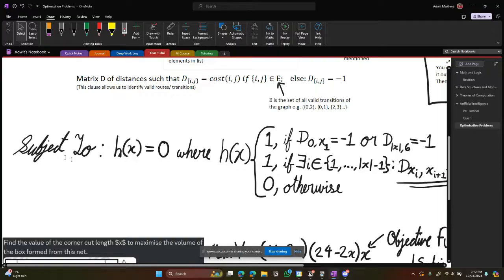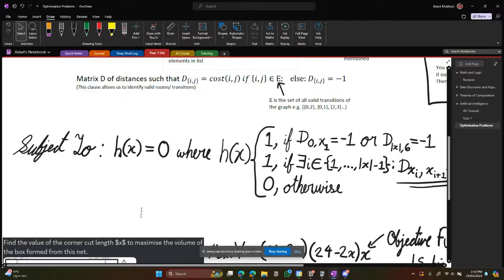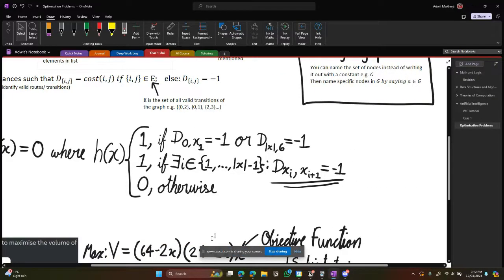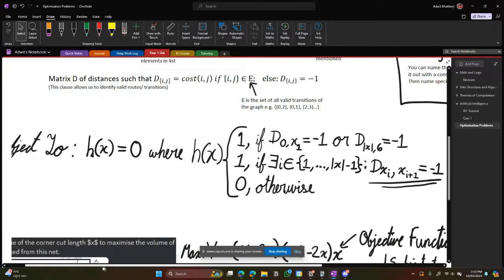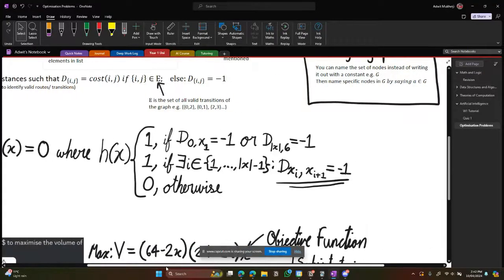Subject to h of x being 0, right? That's the only constraint we give. However, as you can see later on, we've defined what h of x is, so we're including more constraints. Here's the notation that we use to write it: subject to. Yeah, cheers. It's cursive handwriting, I think. So h of x is